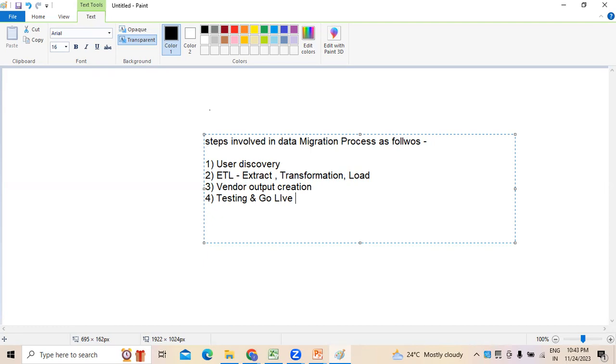Because whenever we want to do a data migration process, especially for any application development, being a business analyst, these are the four phases which we have to know. One is user discovery. Second, ETL, which stands for extract, transform, and load of data. Third, vendor output creation, followed by testing and go live. Now, first under user discovery, please write down. During the process of user discovery,